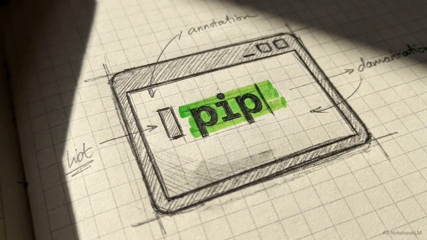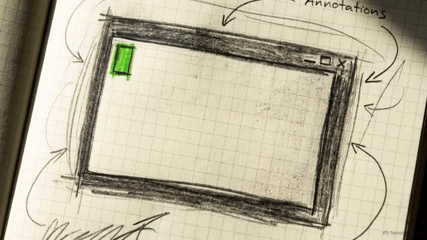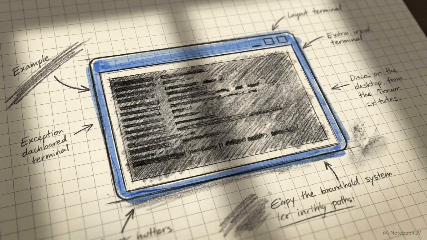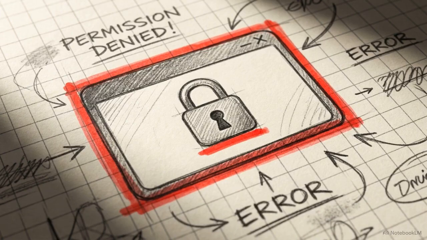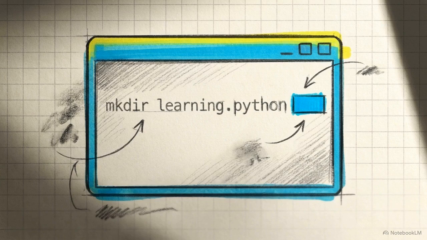You need the pip package manager, the global virtual environment tool, and your computer's command line. Using virtual environments is the standard for professional software development. Open your command line interface, the terminal for Mac and Linux, or the command prompt for Windows. If you are on Windows and run into permission errors, make sure you are running the command prompt as an administrator. Create a new directory for your project by typing